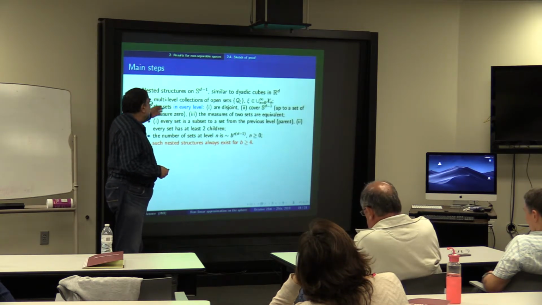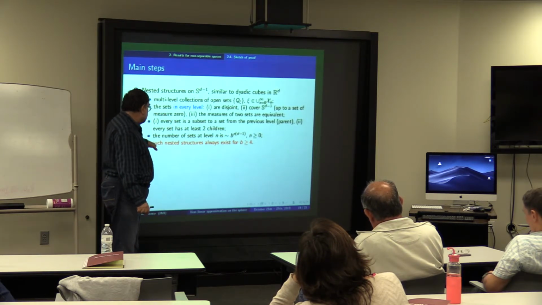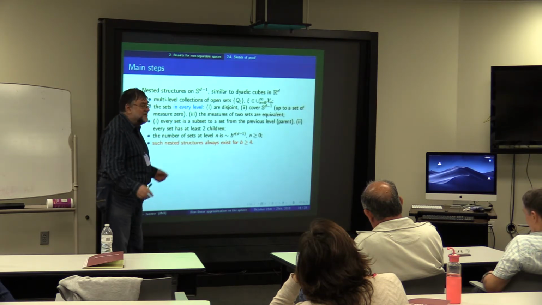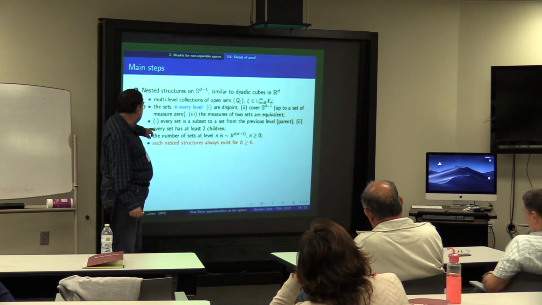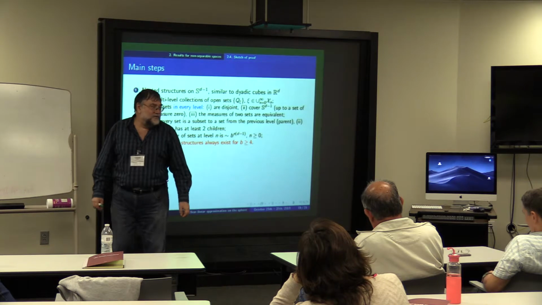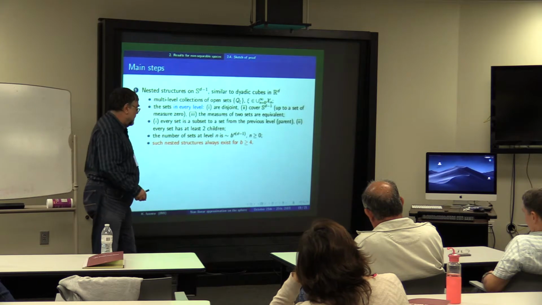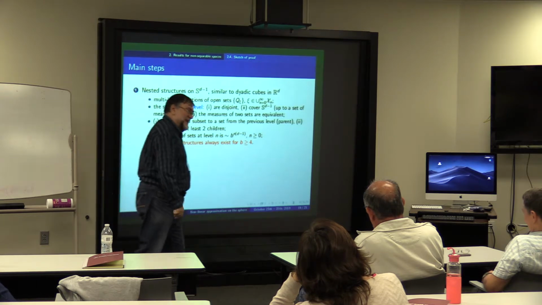Now, I have to ensure such a nested structure here. And such a nested structure exists always if b is bigger or equal to 4, not 2. In fact, all that is written here exists for b bigger than 3, except the only condition, every set has at least two children. To ensure two children, you have to go to b bigger or equal to 4. You say you have to, or this is your proof? This is the proof. Yeah. Maybe somebody more clever will come up with something. Actually, this is not my proof. I'll give a reference a little bit later.